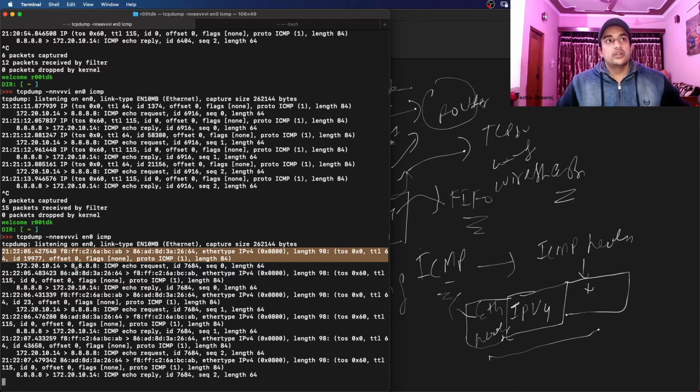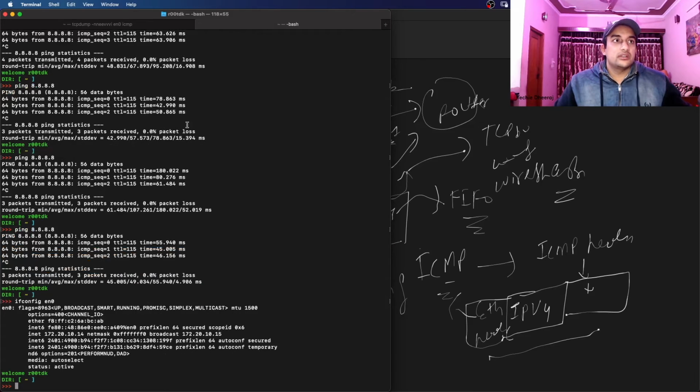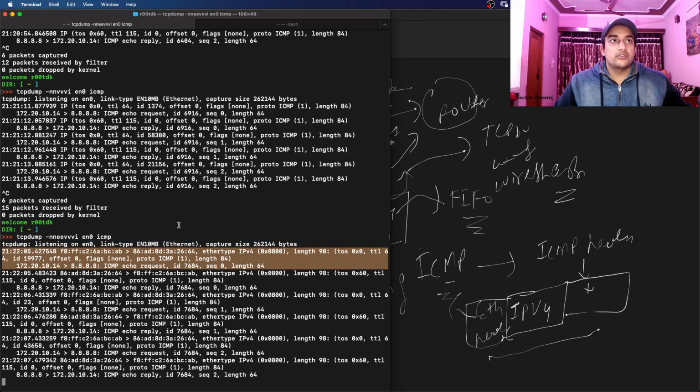It will show the Ethernet header first, and then it will show this IP header, echo request and all. Okay, so this is our first packet. It is going from my machine to my mobile, because I'm connected to my mobile hotspot. So my source address, let's just see the last three bytes, 6A BC AB. So this is our source MAC address. And if you see here, 6A BC AB, here is my MAC address. So the Ethernet information we can see with this EE parameter.